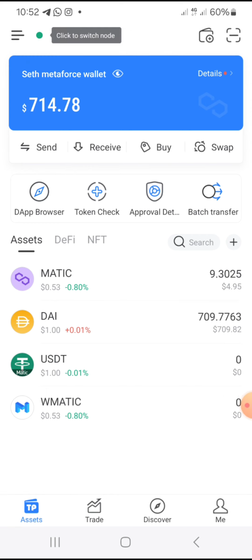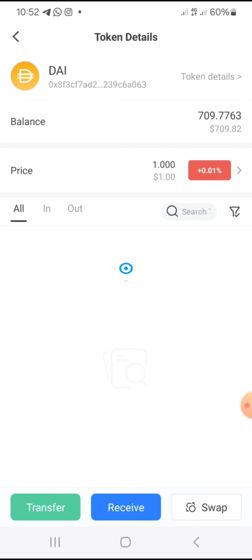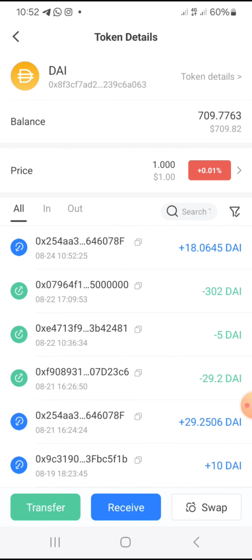So that is how you fund your wallet. If you have any question, you could always reach out to me,